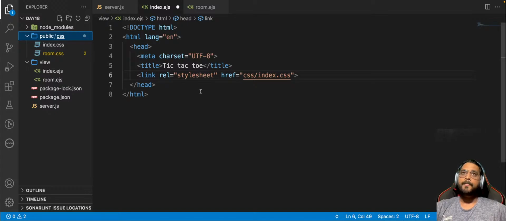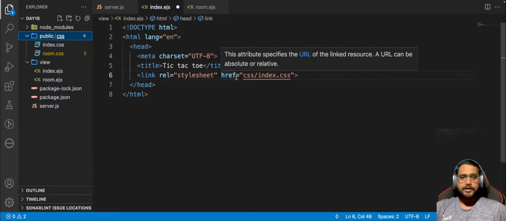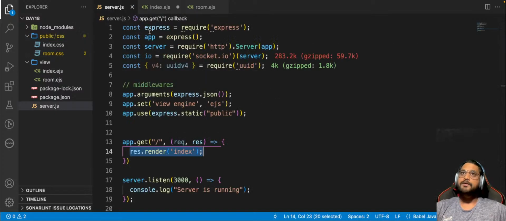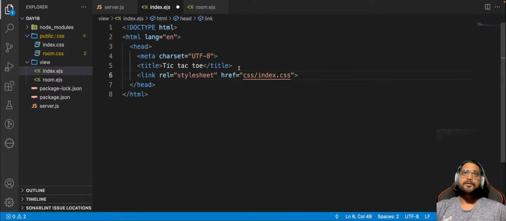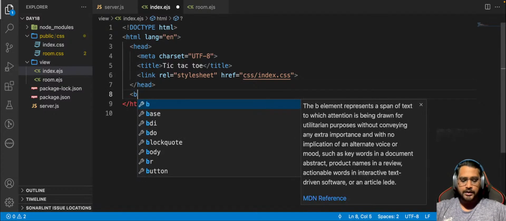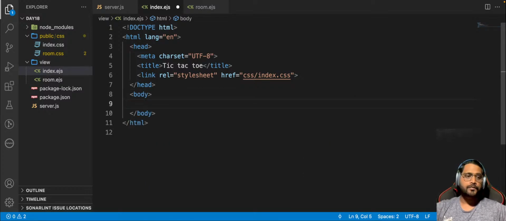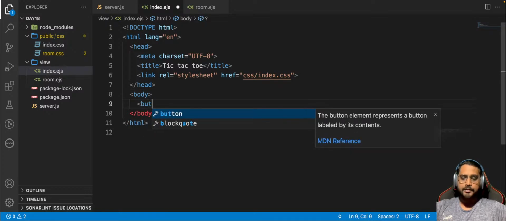Till public, everything is available, we said that make the public folder publicly available, so we just have to write css slash index.css. Then in our body, we will simply have a button